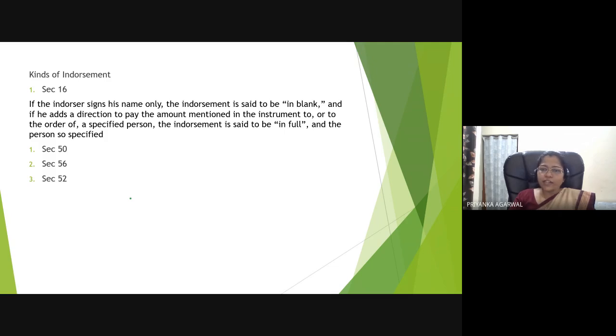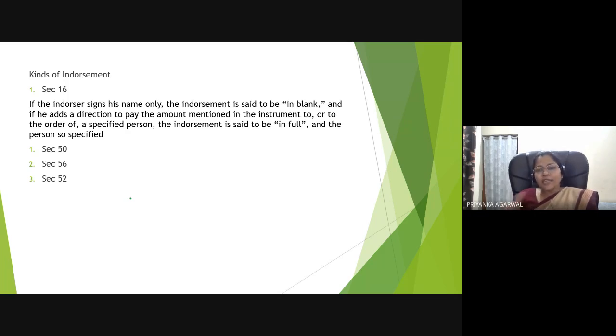Yes, Sushri, very correct. By mentioning the name. So D will mention it. See, when D is holding that instrument, it has become a bearer instrument. He can just hand it over to anybody by mere delivery, right? And then the status of that instrument is a bearer instrument. But the moment he mentions the name of any person whom he wants to pay or endorse, by mentioning the name of that person just above the signature of C, then it becomes a full endorsement.